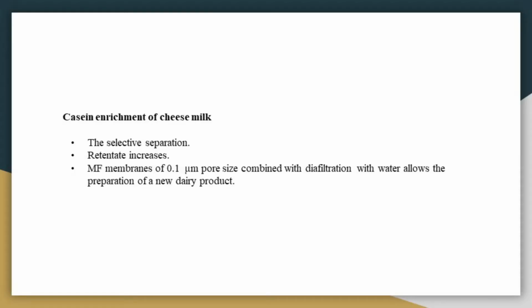So that's about removal of bacteria from raw milk. Next, about casein enrichment of cheese milk in the application of cheese making. Firstly, the selective separation. Microfiltration of skim milk with a 0.1 micrometer pore size membrane enables the selective separation of micellar casein, that is